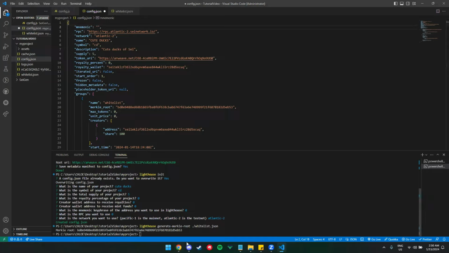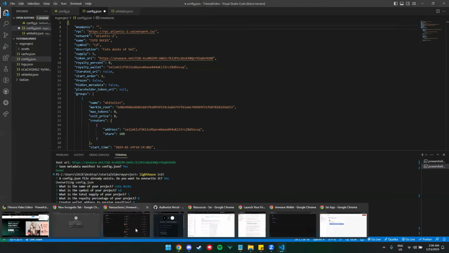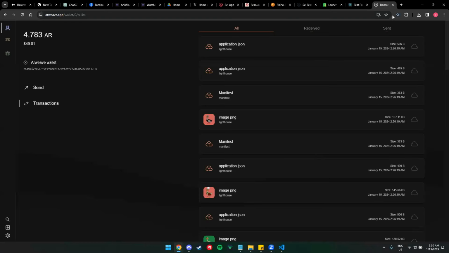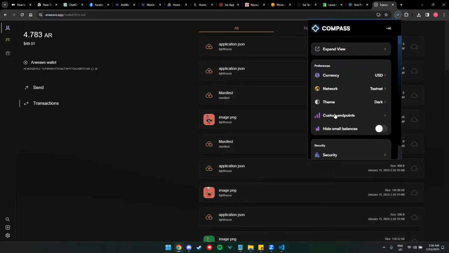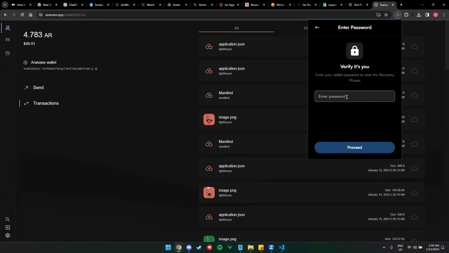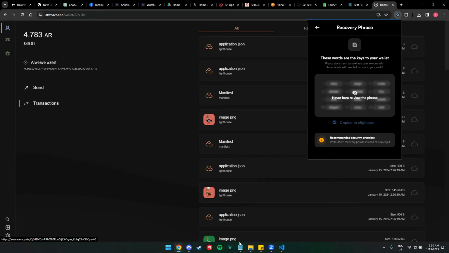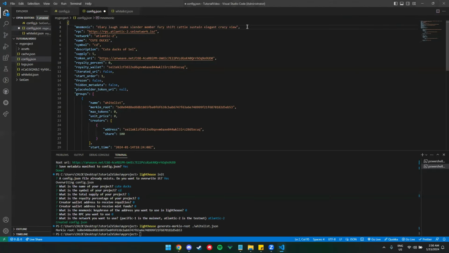So I'll be blurring it out for security purposes. So let's go here. So copy to clipboard, paste it here, and I'll blur this out. However, that's the step to get your mnemonic phrase and save it.